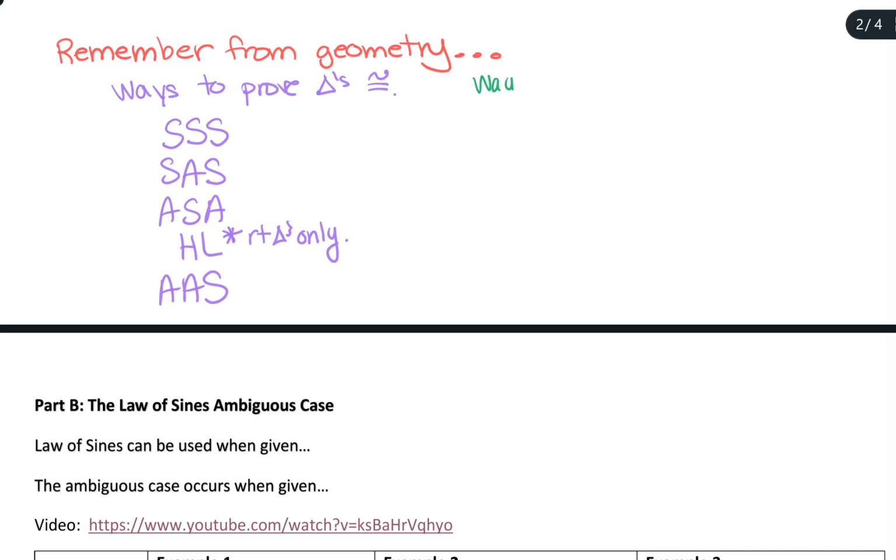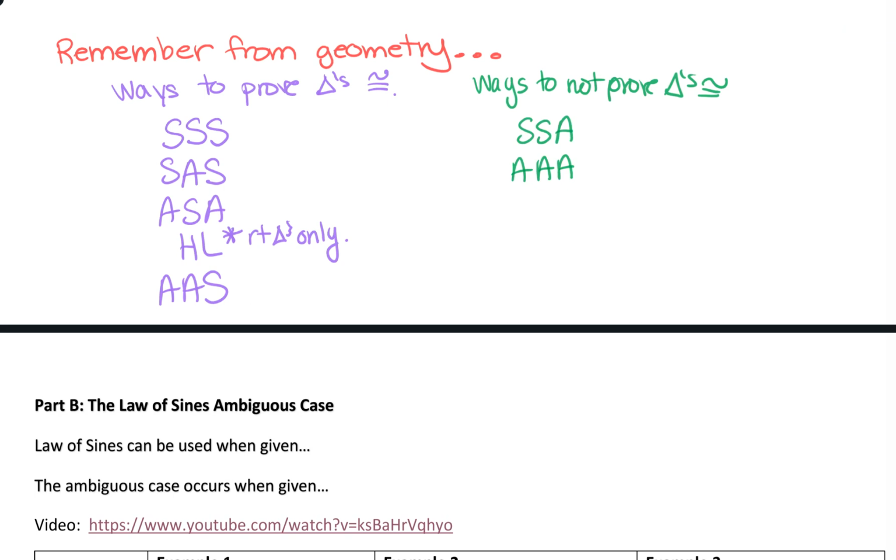So think about the combinations of S's and A's that we don't have in this list, and let's write them down as ways to not prove triangles congruent. The 2 different ways that do not prove triangles congruent with combinations of S's and A's are SSA and AAA. Okay? And I always like to tell my geometry students that SSA, if you look at it backwards, is